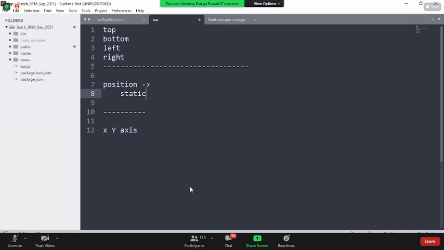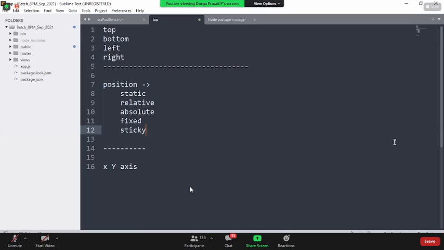There is static, relative, absolute, fixed, and sticky. These are the possible values a CSS position property is going to take.